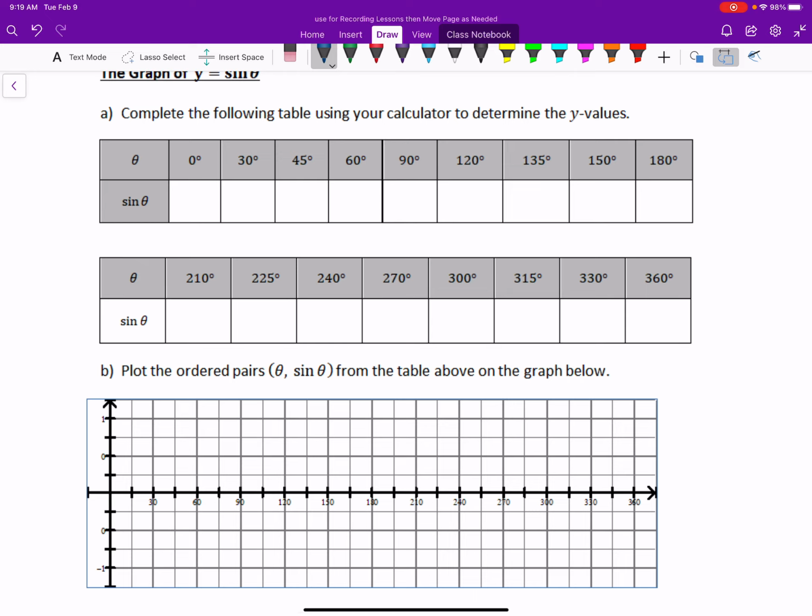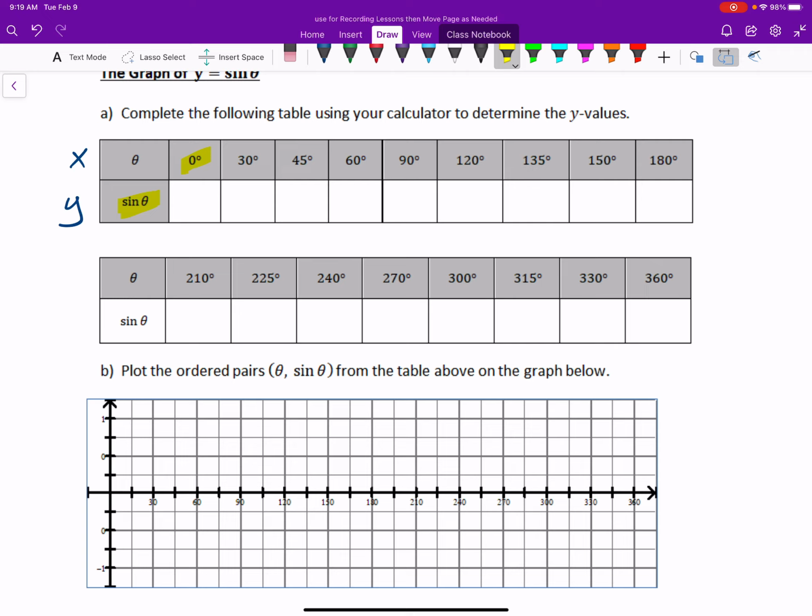Complete the following using your calculator to determine the y values. So let's just do this quickly. Make sure your calculator is set to degrees. I'm going to do it on a different calculator so I can go a bit quicker and not have to switch back and forth. If I'm given angles here, think of that as my x value, and sine of theta as my y value. If x equals 0, then if I take the sine of 0 on my calculator,